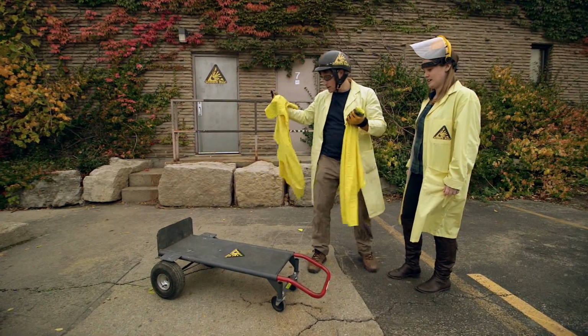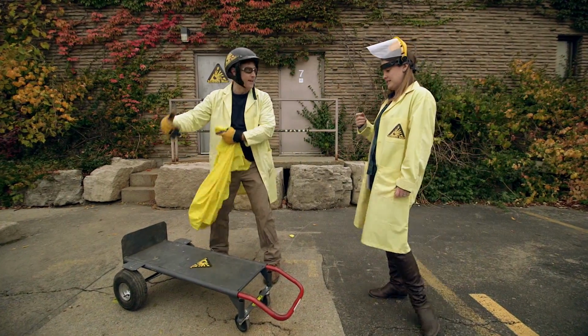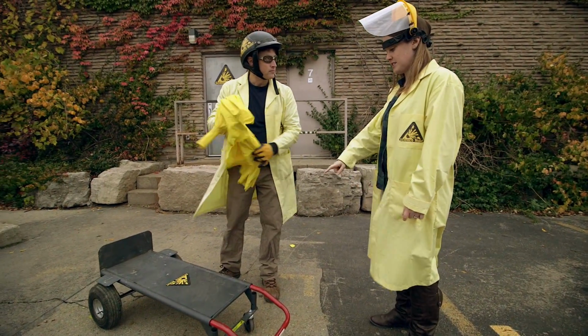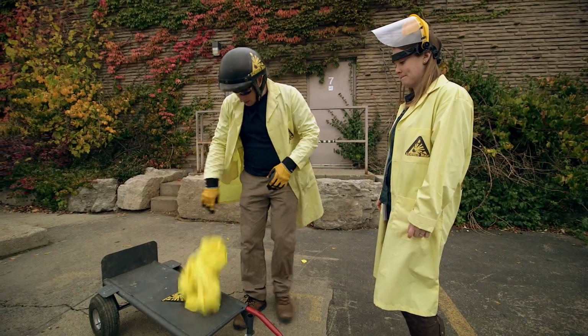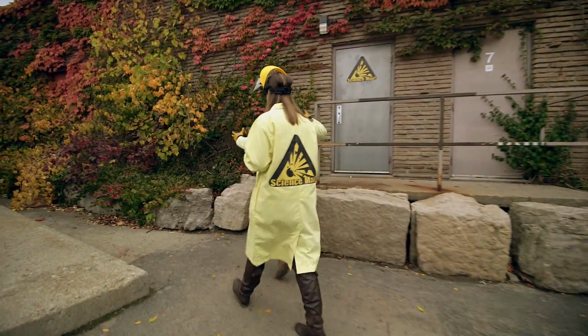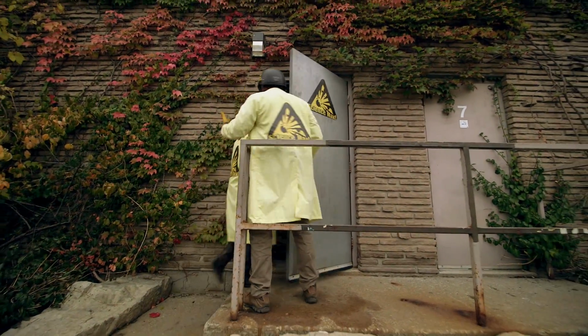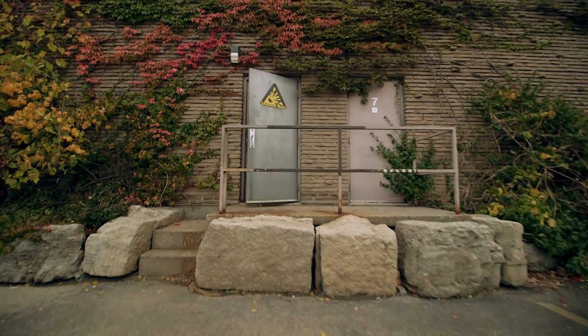Okay, sure. Well, I don't know if that's safe to do, so we'd have to build like a cage or something. I don't know if it's gonna work on this. All right, well, back to the drawing board. What we should do is find these tanks, get the tanks, and then make a frame out of aluminum or something. Okay, that could work. That's a good idea. They can hold the tanks, so they're safe. And then what we should do is...